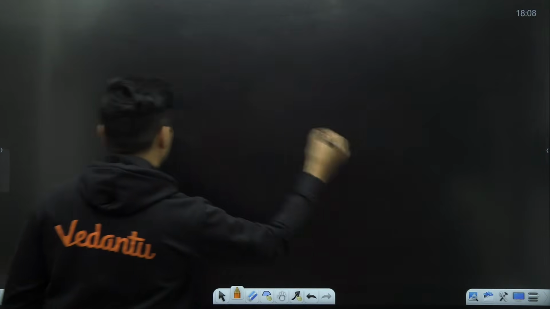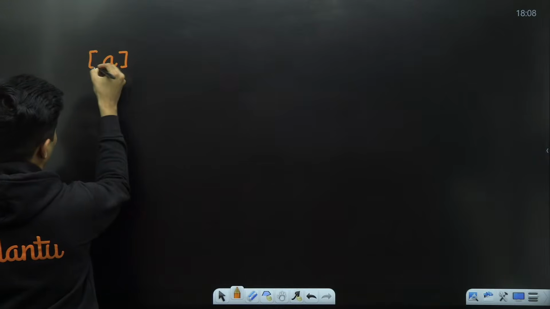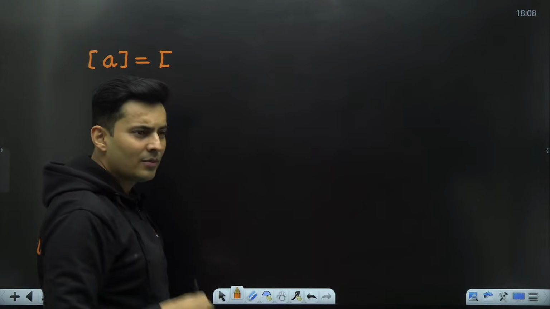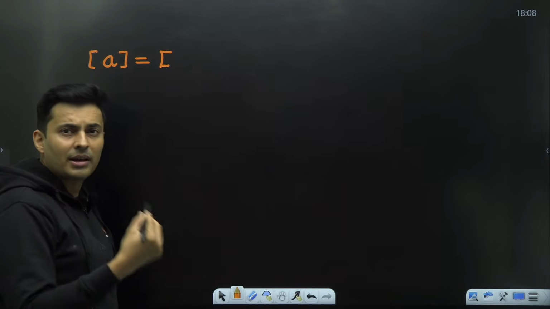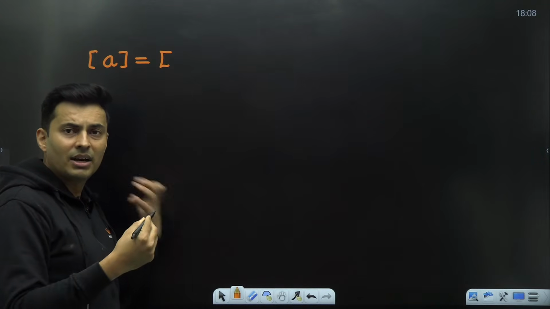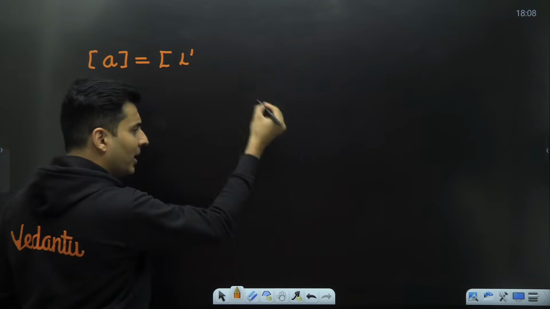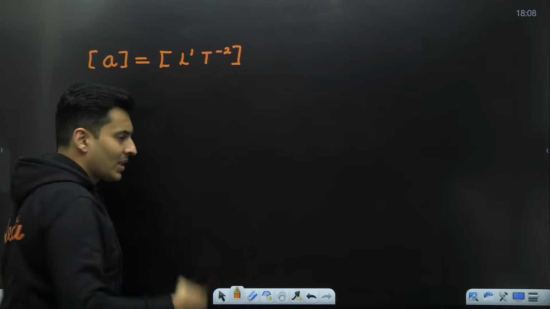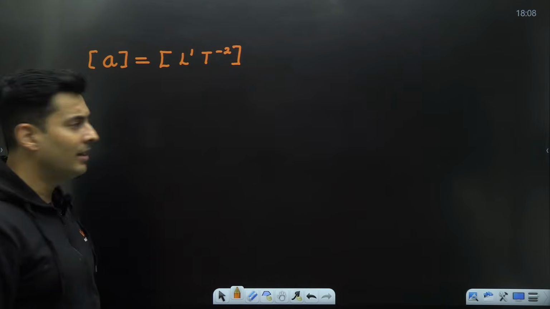Like for example, say you have acceleration, the dimension of acceleration. Well, if you remember the unit, it is more than sufficient to recollect the dimension. Meters per second square. Meter is nothing but measuring the length, so length raised to 1, and per second square, so the power of time will be -2, because it is divided by, so you put negative power.